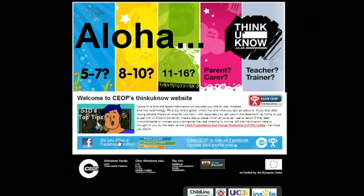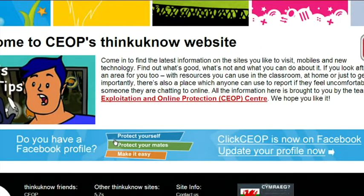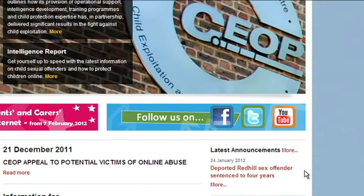Does it help with social networking sites like Facebook, for instance? So with the range of sites that children particularly tend to use, Facebook perhaps being one of them, what CEOP are keen to do is make sure that particularly the button that you press when you're concerned is easy to find. Now they're doing a lot of work with Facebook and other sites to try and get that button on those sites, and they've had some success, but they can't visit every single site and persuade them to put that